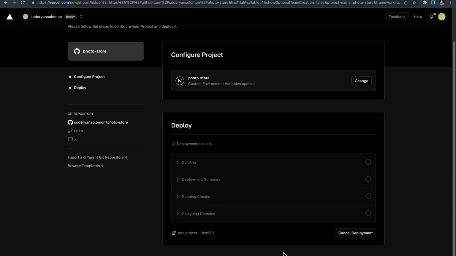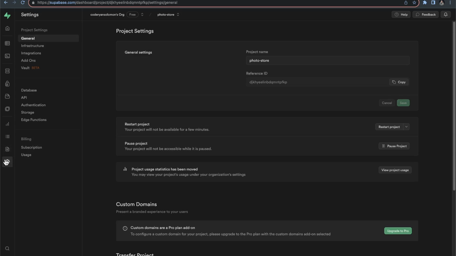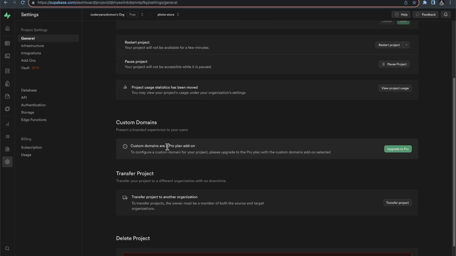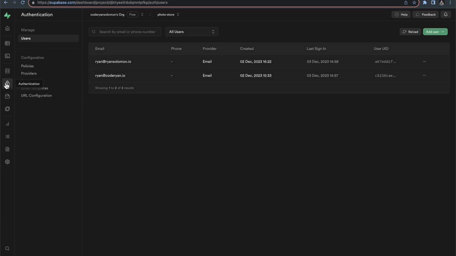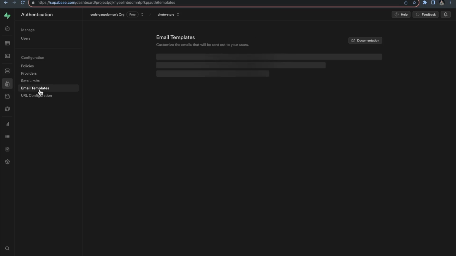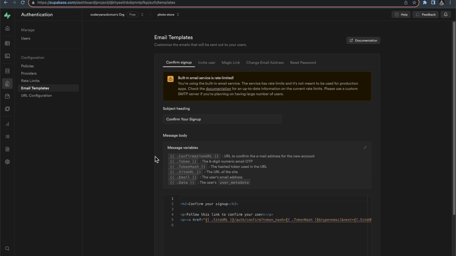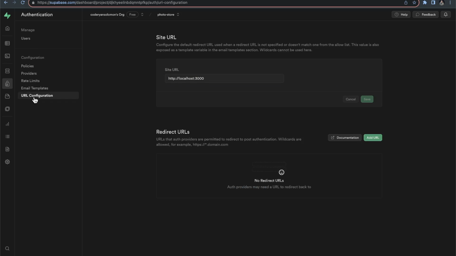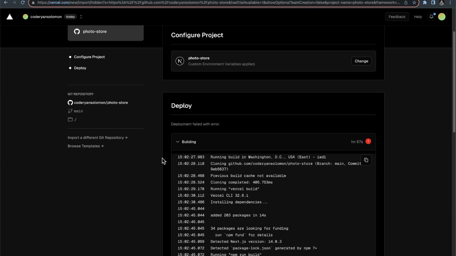Although I think there's one other thing that we'll have to change here. So let's go back to Supabase and let's go to project settings. And I think I need to redo our site URL. Let's click on authentication over here. And then I believe we need to update. So my email templates is my site URL, which I think I need to adjust slightly. So URL configuration. Right now it is localhost 3000, but it should actually be,